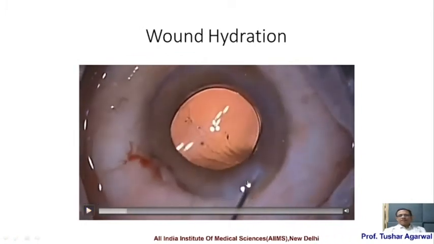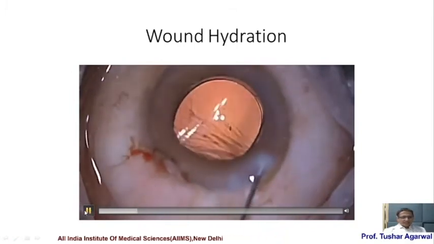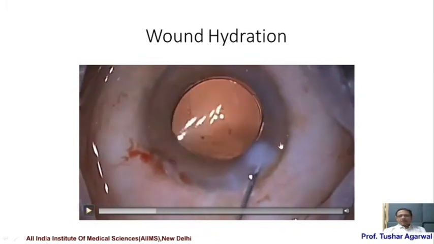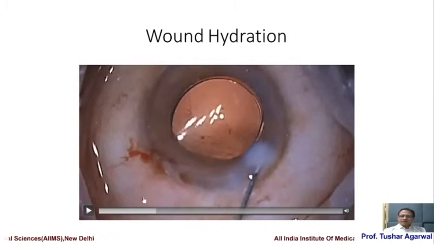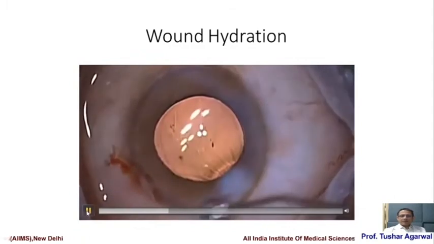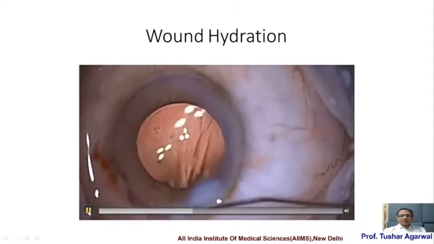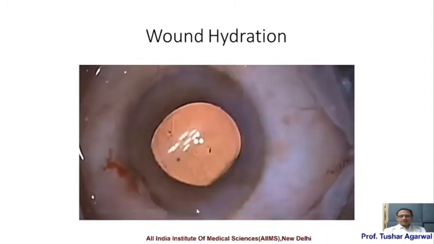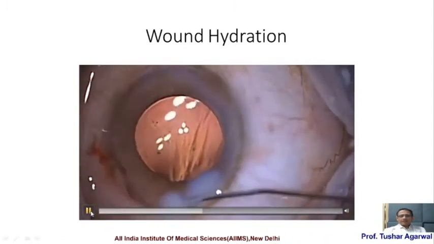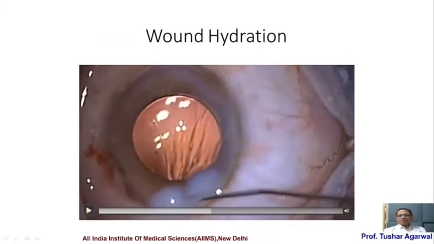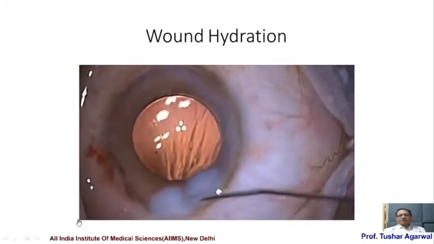So the method is that you inject fluid into the corneal stroma in a tangential position. You could be even a little more tangential than this clip, and you keep creating this whiteness, which shows you the hydration, and you do it till it reaches half of the incision on one side. Once you have done that, you position the cannula reverse, go tangentially into the stroma, and you keep injecting till these two white regions meet. At this point, you have hydrated the incision.